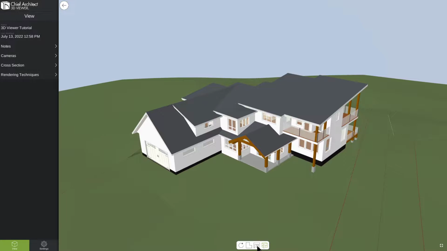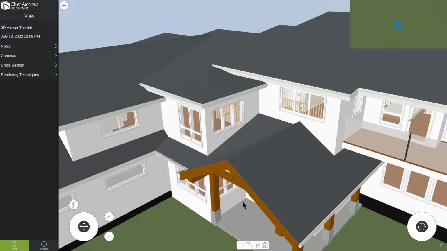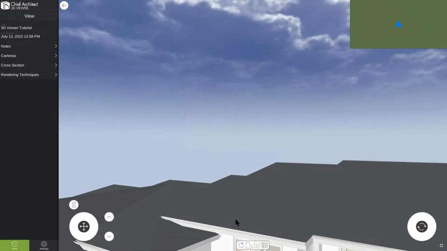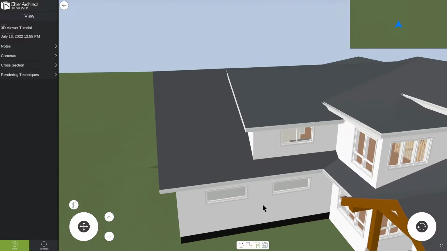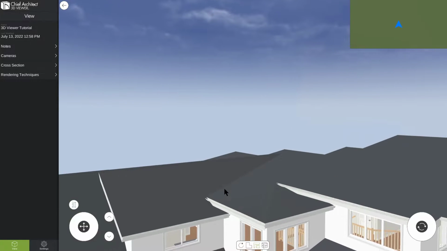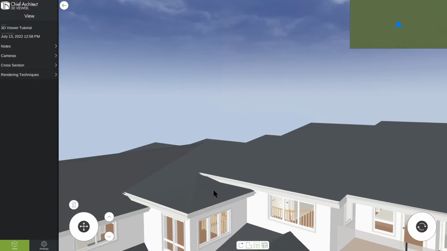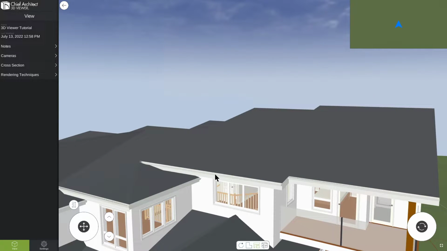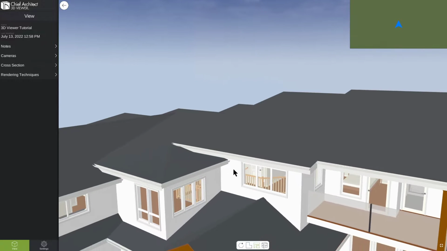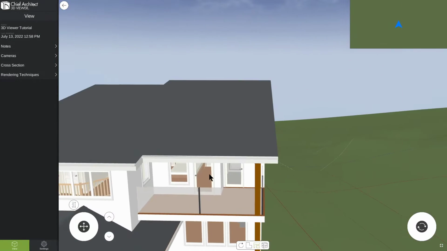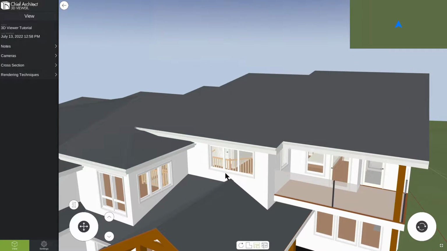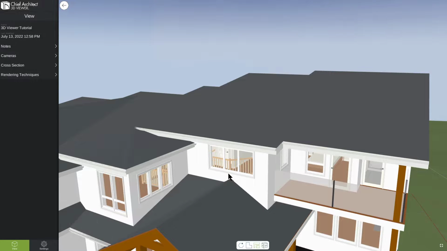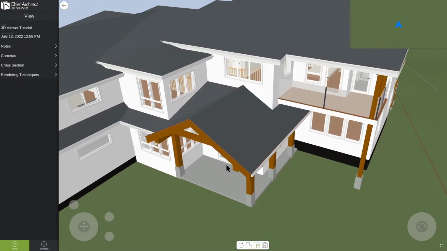The next mode is the walkthrough mode. This allows you to pivot the camera on spot, and using the keyboard keys, you can move around front to back, left and right. The keys you want to use are the WASD keys, which are commonly used navigation keys for gaming. The W and S are forward and back. The A and D are left and right. So it will move you slowly around the plan,